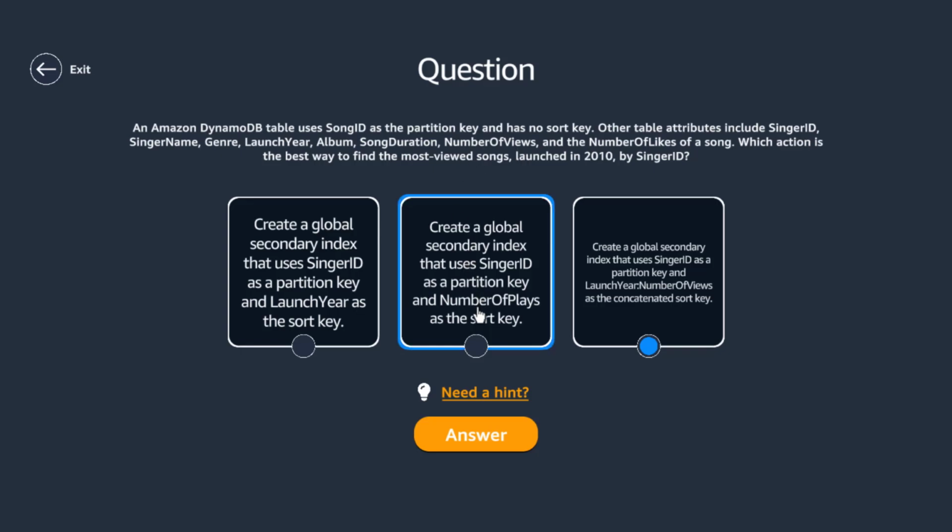This has number of plays. Do we have a number of plays column? I don't see a number of plays column at all. So this is gone, and using launch year as sort key won't work at all. I think it has to be this. But again, I would prefer having a filter on launch year to 2010 if you have multiple years. But this will give you based on the year. I think you can pick 2010 among it and then get it, I guess.